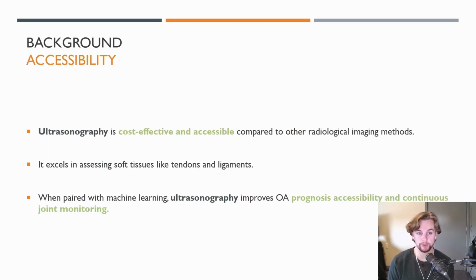So ultrasonography is a more cost-effective and accessible mode of diagnosis compared to other radiological imaging methods. It excels in assessing soft tissues like tendons and ligaments. And today we'll talk a little bit about how it could be used to analyze the joint, not just the tendons and ligaments. And then when pairing ultrasonography with machine learning, it improves our ability to prognosticate osteoarthritis on a